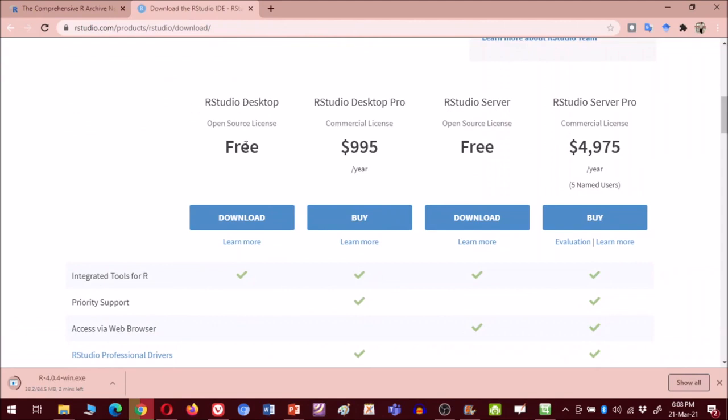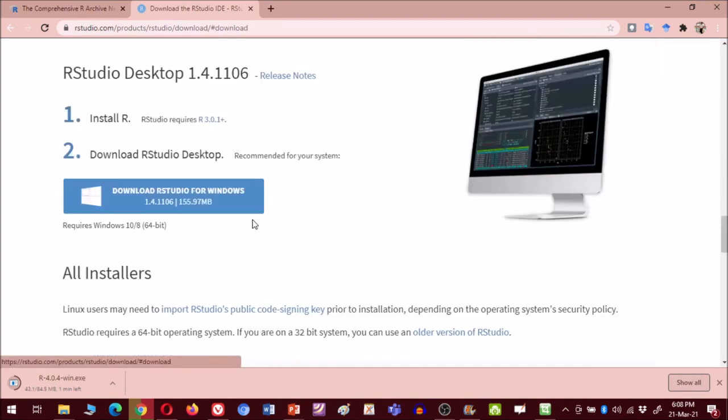Now let us start. We need the free version, the open source license, so we choose this RStudio Desktop download. Click on this. Now it will ask you to download. The first requirement for RStudio is that you have to have R in your system. You need to install R first, and only then download RStudio Desktop.